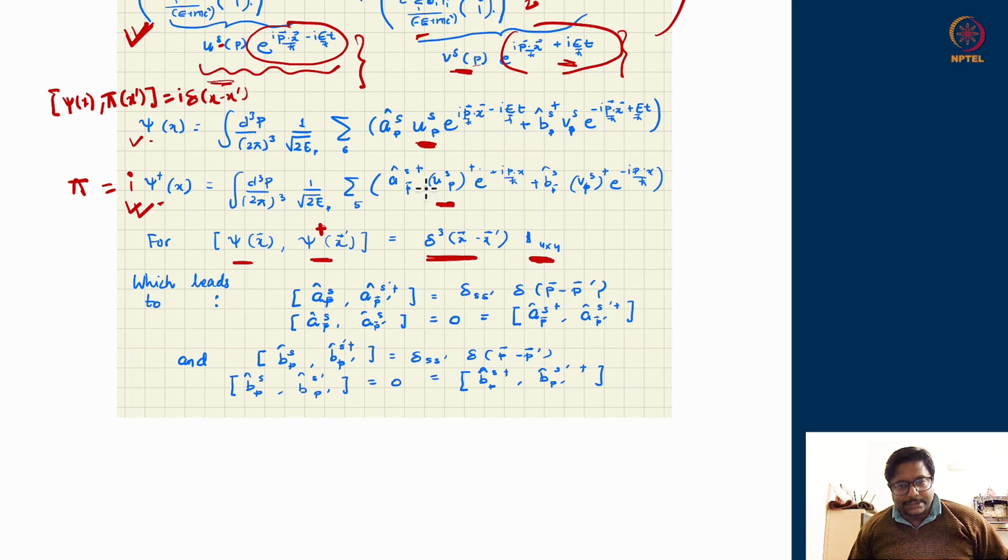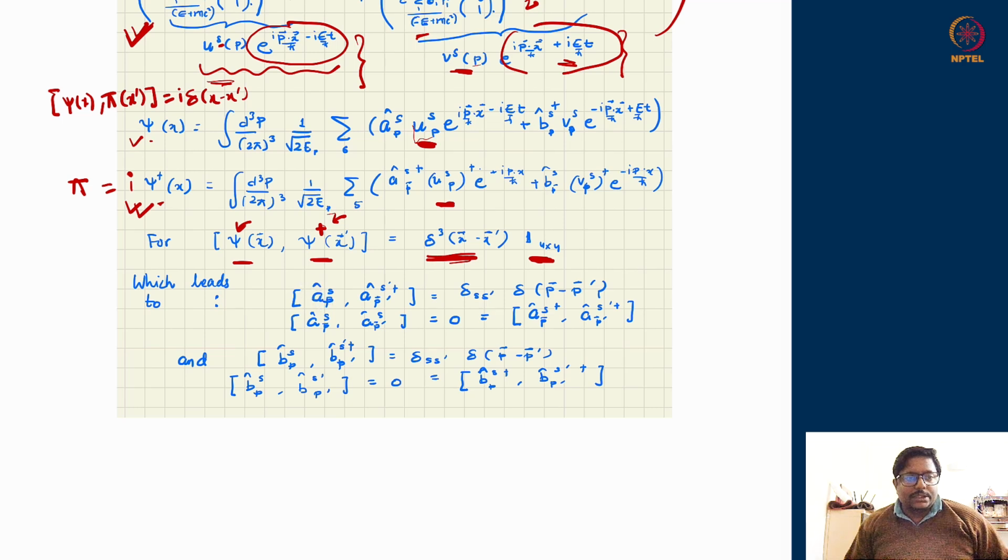Because all the time we are going to talk about this field not as a collection of single-object operators, but as a field coming with a structure commensurate with the 4 cross 1 vectors which are appearing in the mode functions as well. So this is the structure we are going to look for.